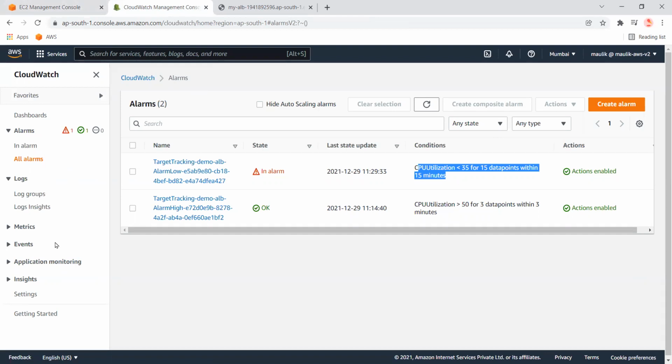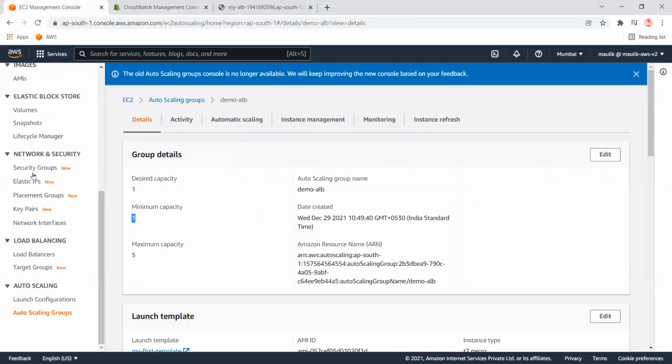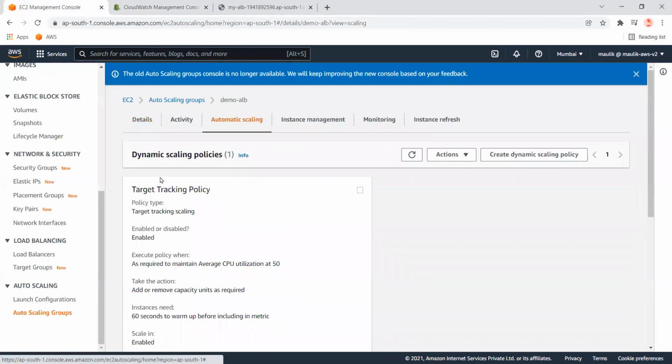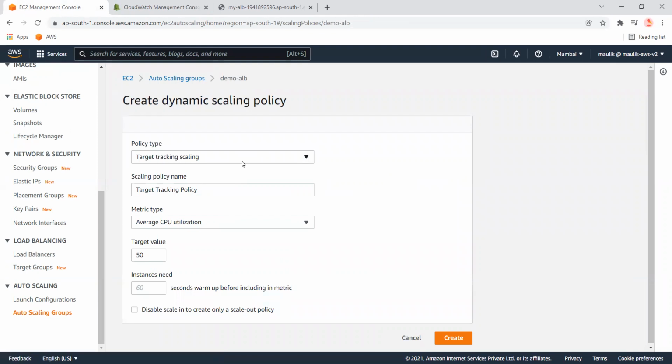And after that, we'll see how we can use the CloudWatch alert. So for instance, how we can remove this policy, and we'll create another policy with simple scaling. We will create two CloudWatch alerts. One is for scale up and another is for scale out. Okay, so that both the CloudWatch alerts will be triggered and they will add and remove the instances from the auto scaling group. Okay,